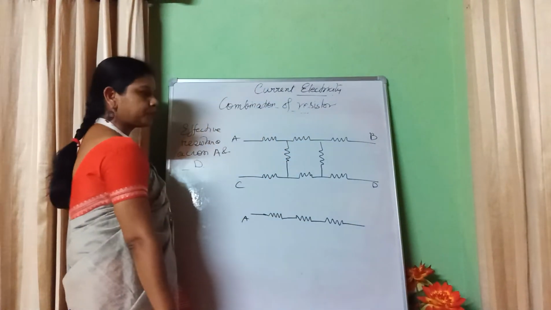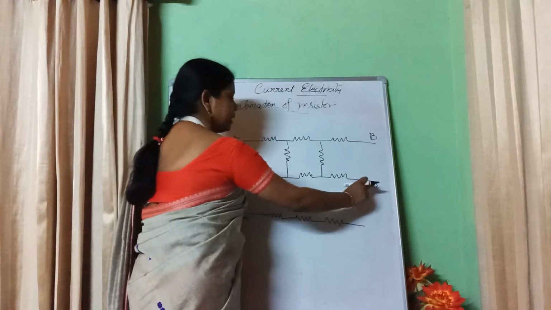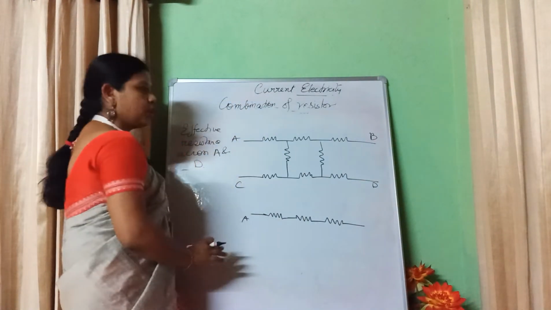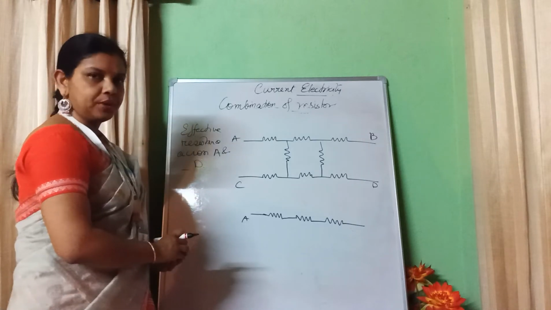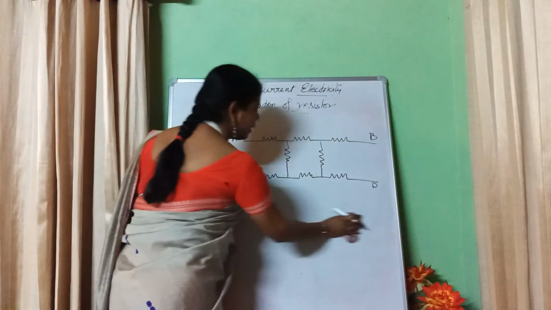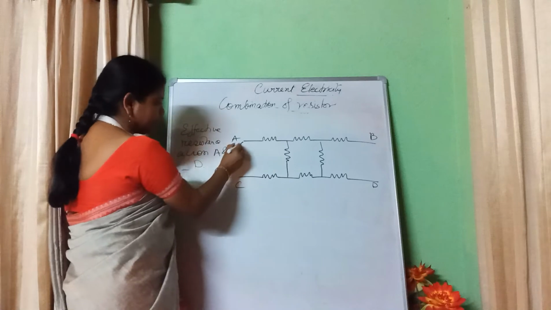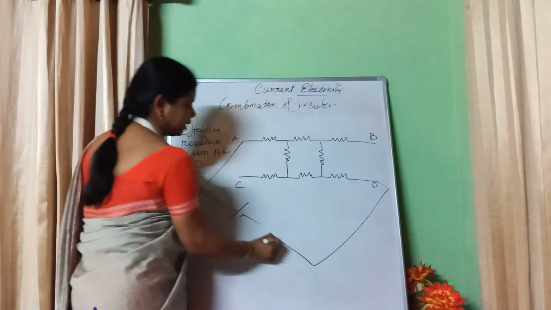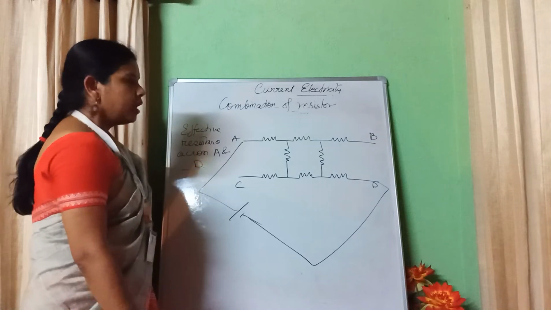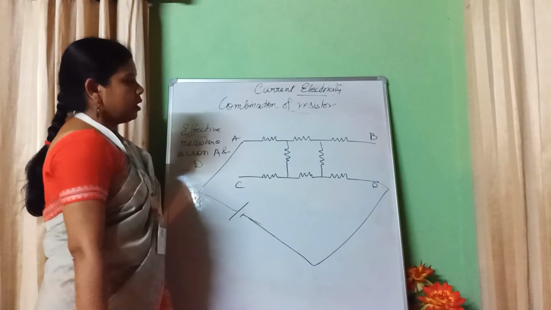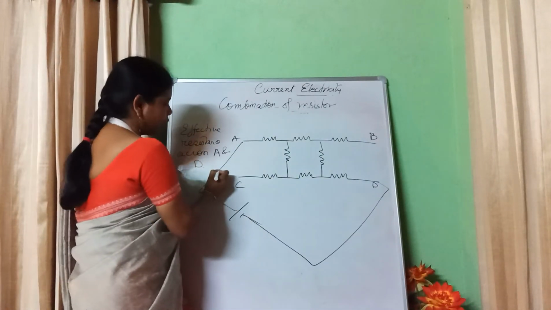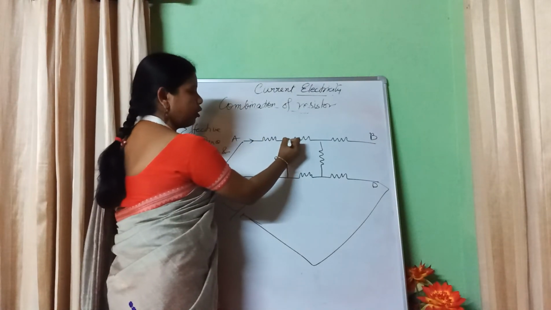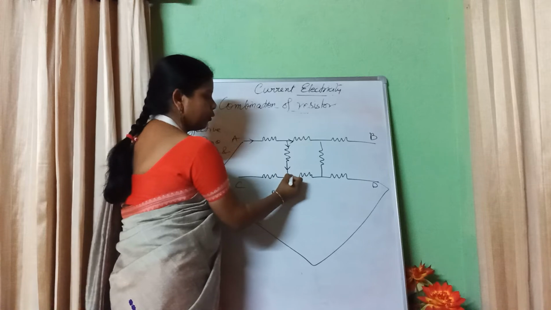Yes or no? And D is there, and we have to think that across these two terminals we are connecting a battery. Now see, if I connect a battery here, suppose I have connected it like this, so that it becomes easier for you. Now if I look at the figure, what will happen if the current flows in this direction? Current comes here, will the current go in this direction or will it be divided?